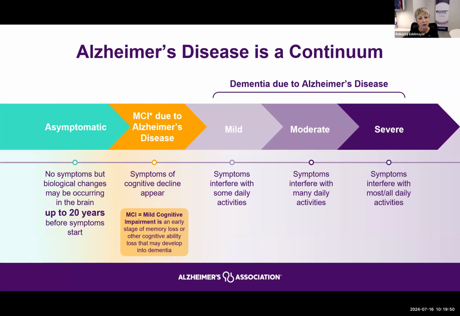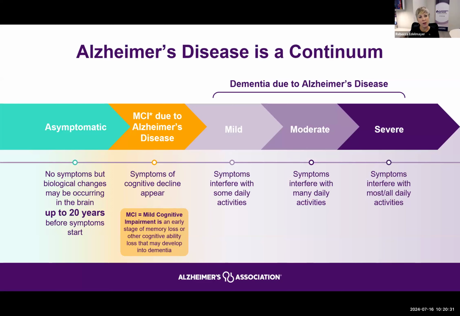And then there's a stage called mild cognitive impairment. You will hear this called MCI when you're attending AAIC For All many times. And MCI is really due to changes, again, that are happening in the brain, in this case, due to Alzheimer's disease. So someone may have the buildup of the amyloid plaques and even tau tangles and even some brain shrinkage, but they're also testing objectively worse on some of these cognitive tests that can be completed in a doctor's office. And you're starting to see the early stages of memory loss or other cognitive changes that are occurring. Now, not everyone that develops MCI will go on to develop stages of dementia.